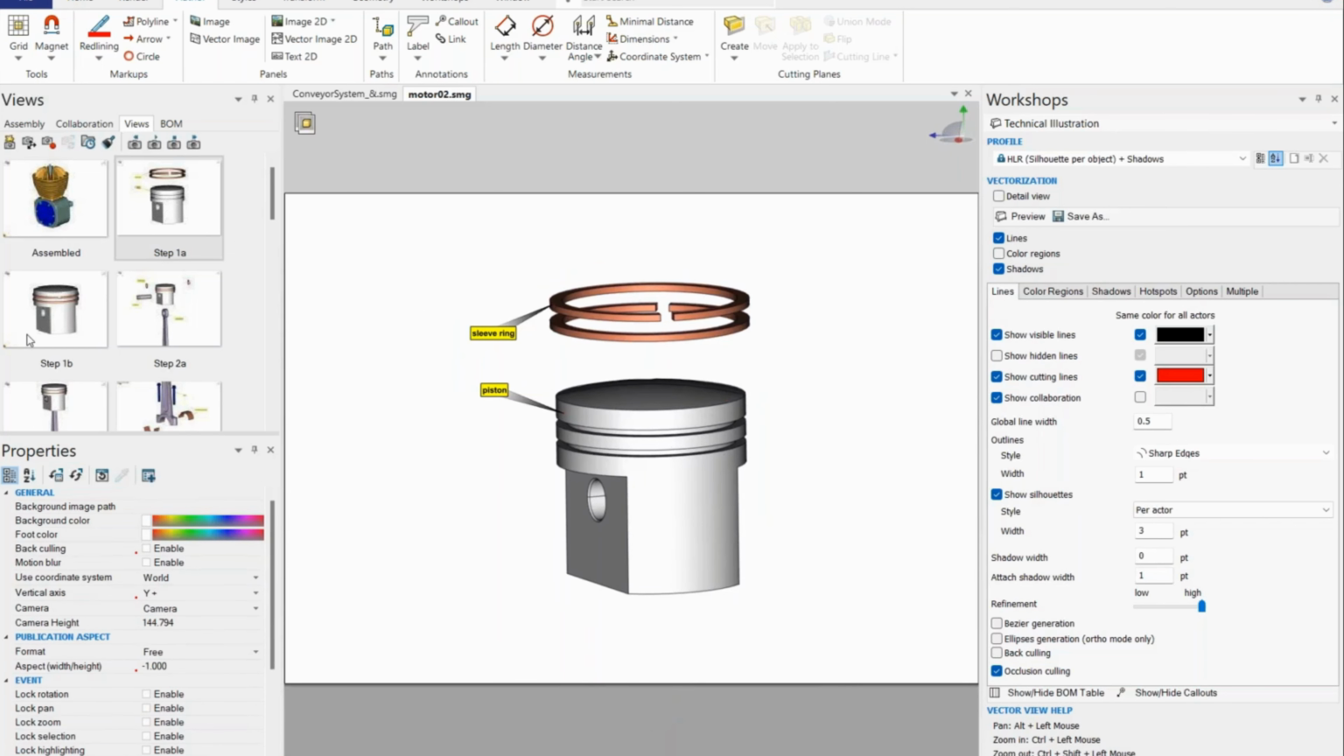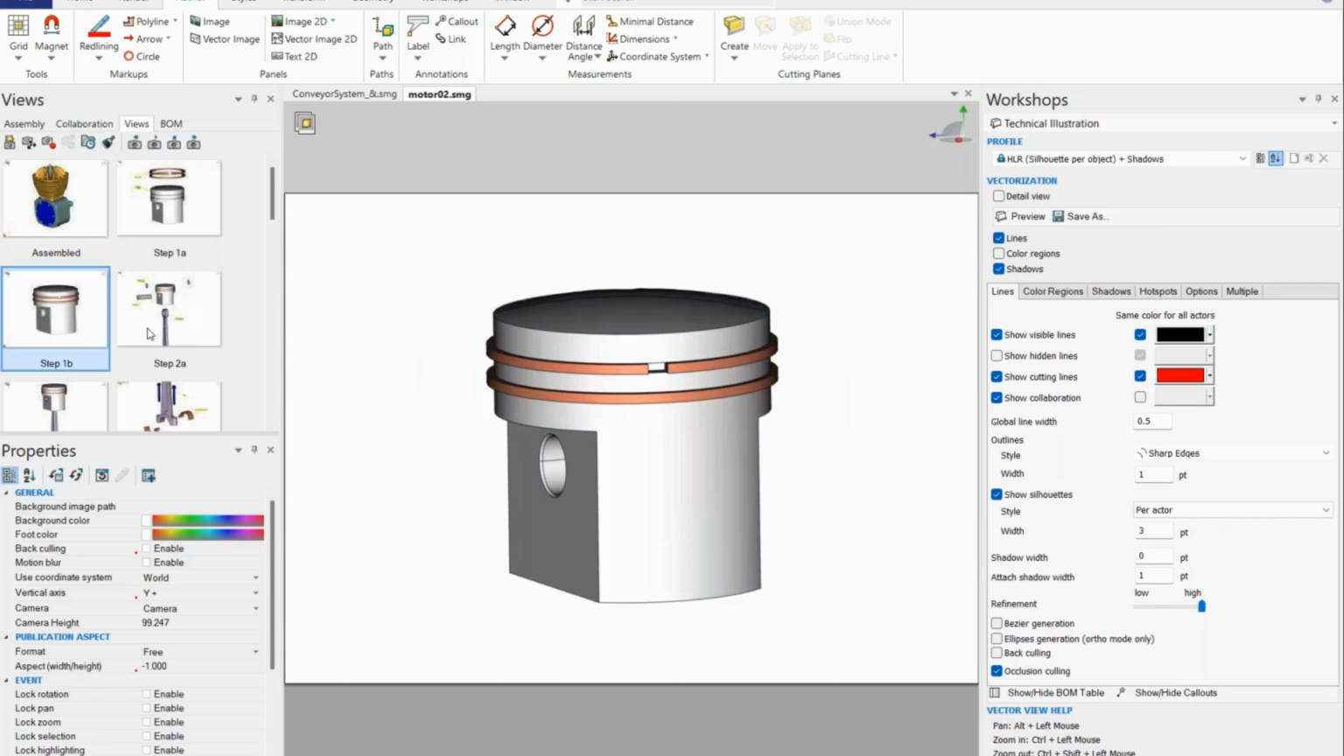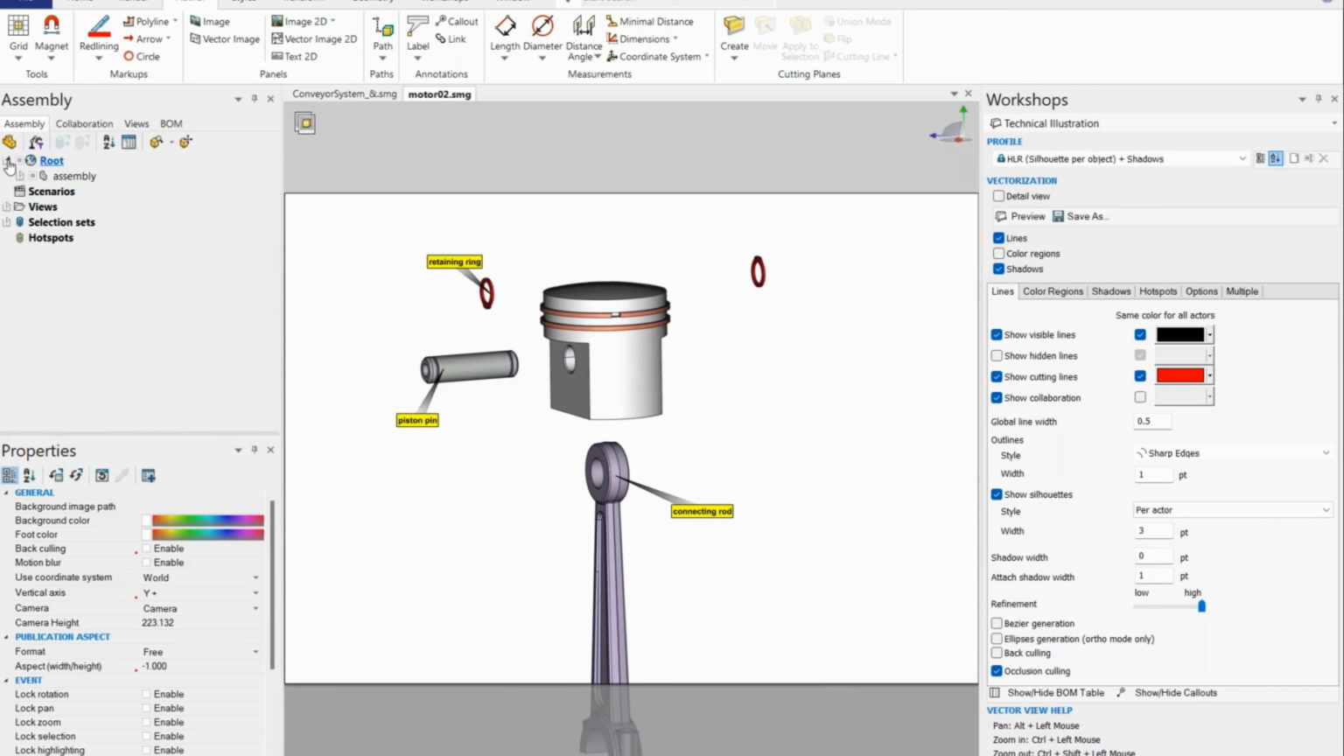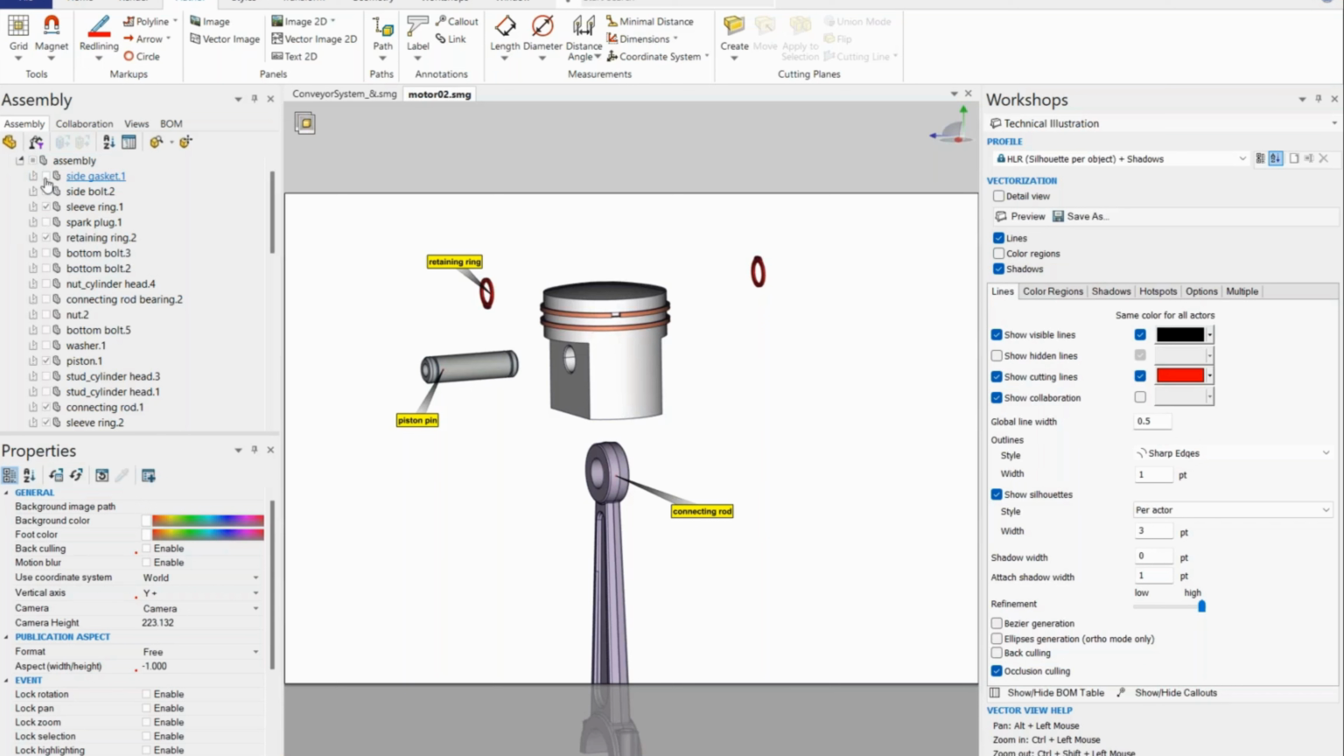Moving to the next view, it is assembled here. And then the next view has multiple different components here. It is the same as your assembly structure, showing which components are enabled and which are not enabled. You can see here. For example,